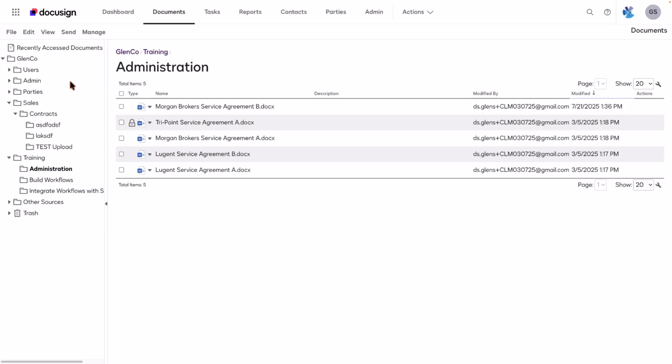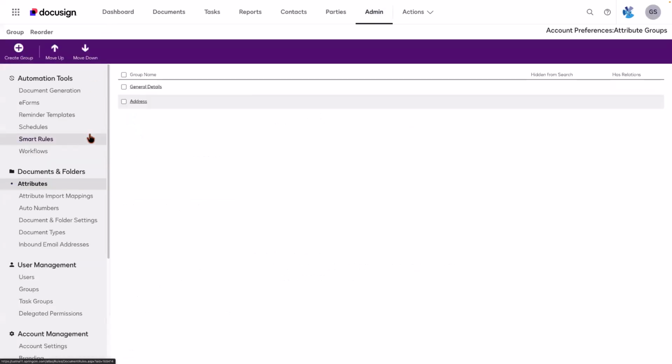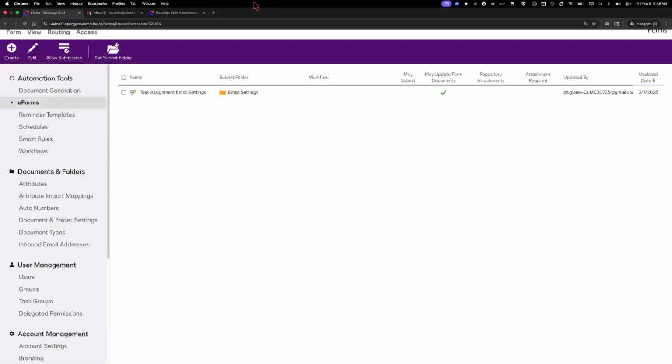And in addition, if we go into our admin settings here, and then on the left-hand side, first of all, you can see the buttons already showing up here, but we can go into our attributes section and we can see that certain areas of CLM has adopted the coloring here like we see here, and we can also see it in, for example, eForms as well if I click on eForms here. You also might consider sending out an external email so you can take a look and see what it's going to look like from your recipient's point of view.